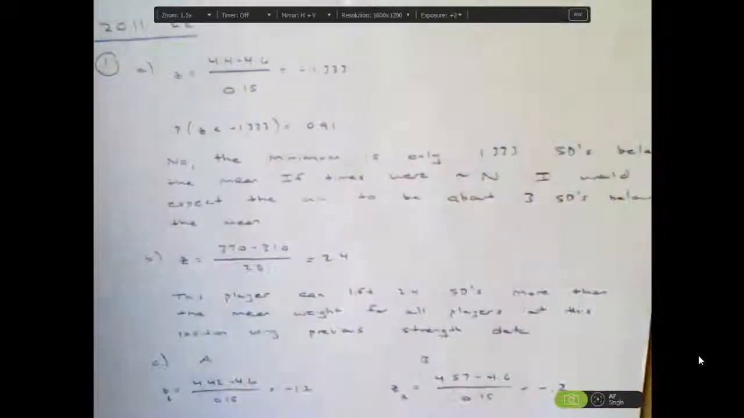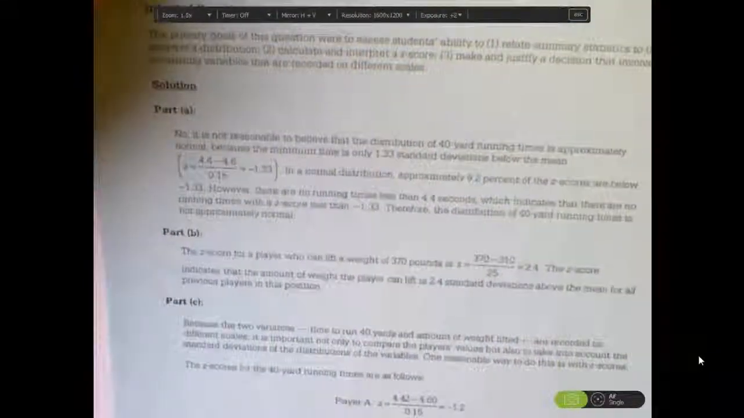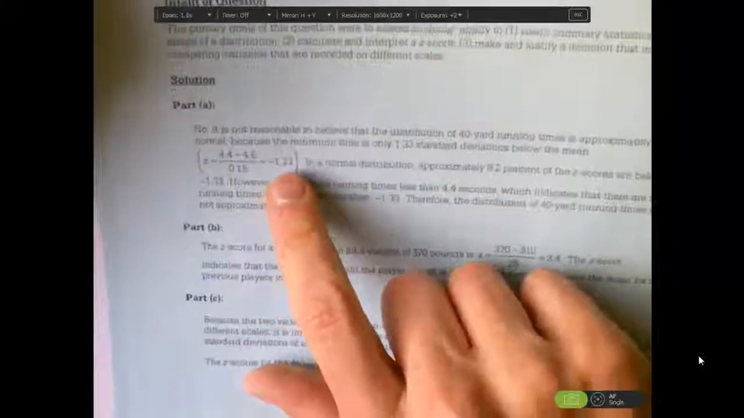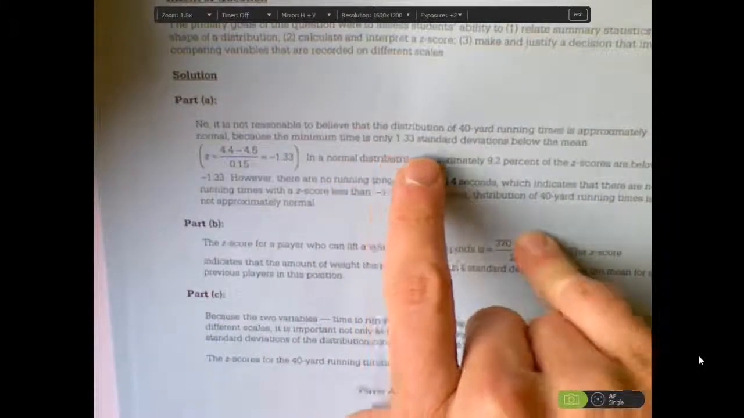Alright, in this video I'm going to cover the 2011 free response questions number 1 through 3, looking at my solutions and grading them using the rubric. So in question 1A, trying to see if it follows a normal model. Basically in the rubric I'm seeing if the minimum is how many standard deviations below the mean